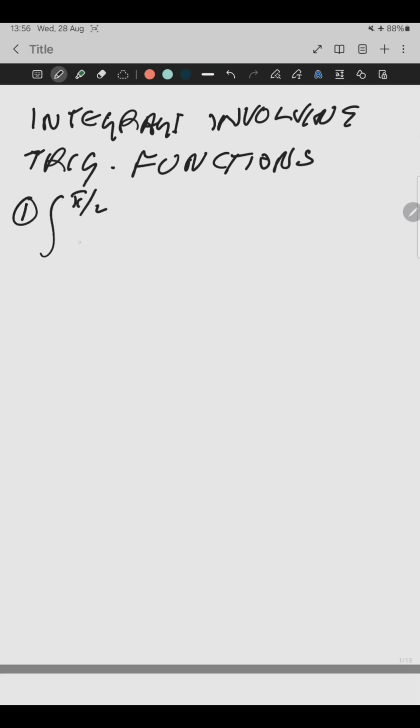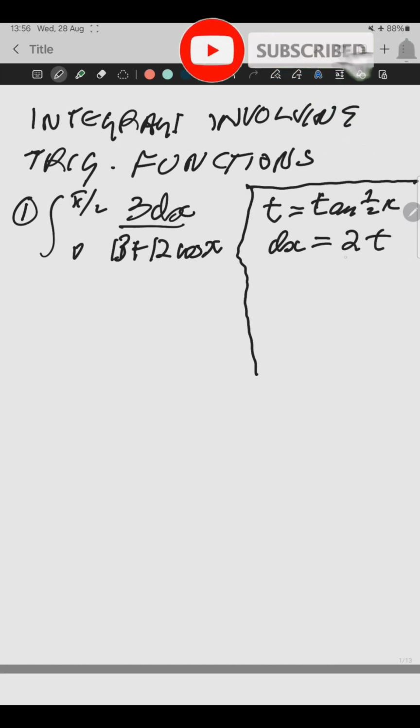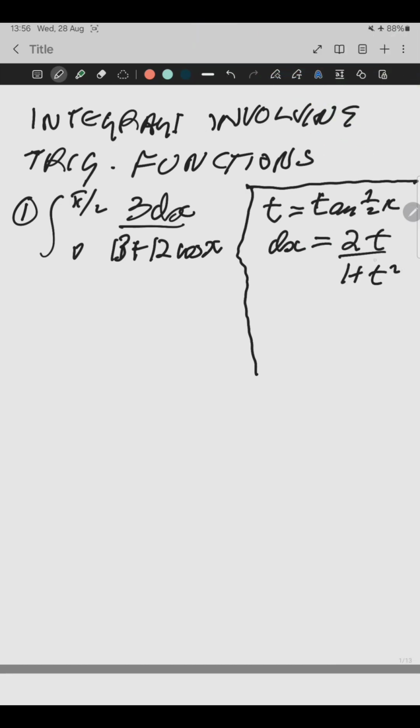Number 1. The integral between pi upon 2 and 0 of 3dx over 13 plus 12 cosine x. And here I'm going to use a standard substitution, which you will do well to learn because it is used over and over again. That is to let t equal tan of half x. From this, you'll easily be able to deduce that dx equals 2 dt over 1 plus t squared, and that